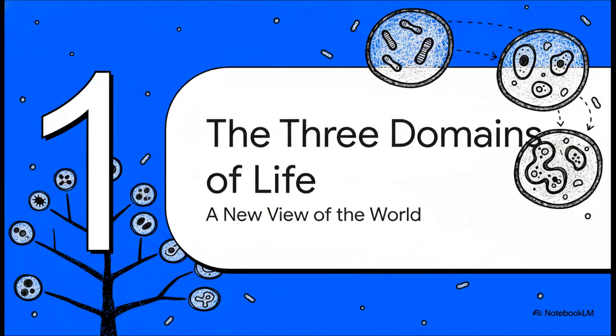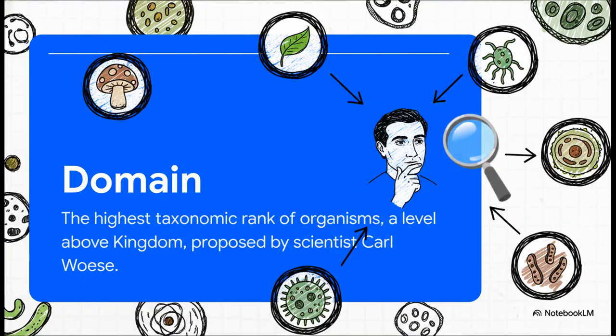We're talking about the highest level of classification here, a concept that honestly turned our whole understanding of the tree of life upside down back in the 20th century. What's super interesting is that this whole idea of a domain is pretty new. For the longest time, science used a 5-kingdom system, and it was mostly based on things you could see, what an organism looked like. But then, in the 1970s, this scientist Carl Woese comes along and starts looking at life on a genetic level. And what he found? Well, he realized the old map was just plain wrong.